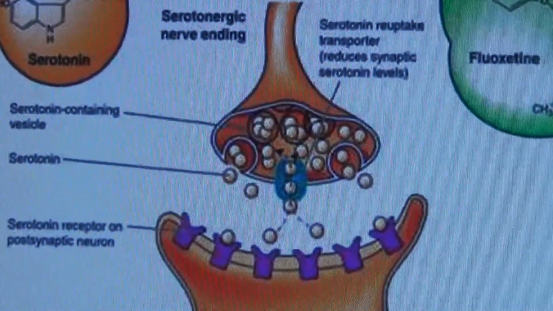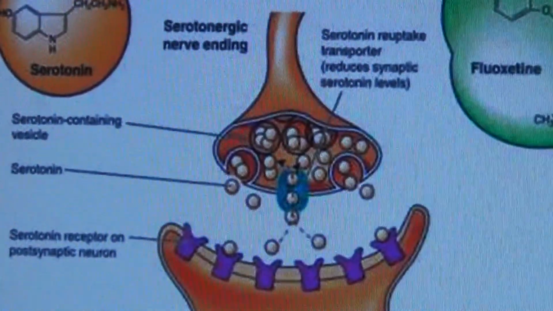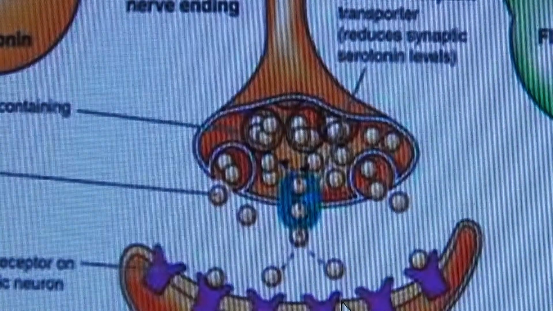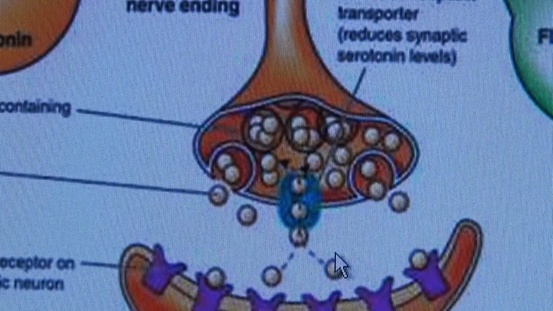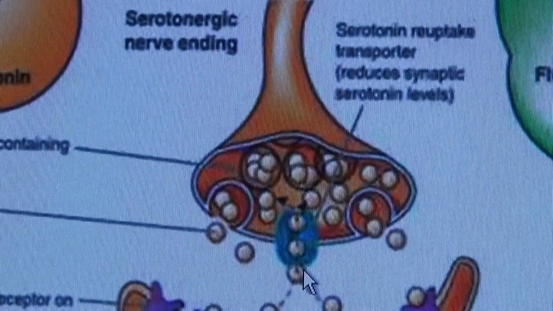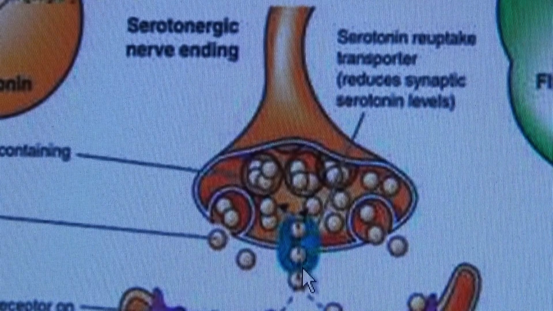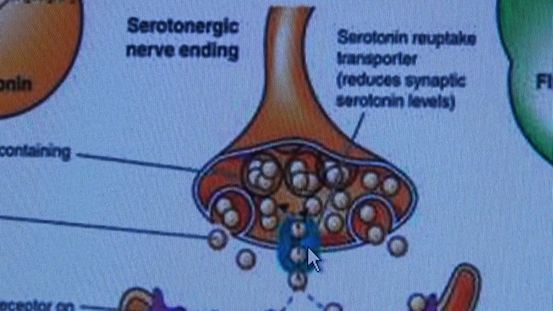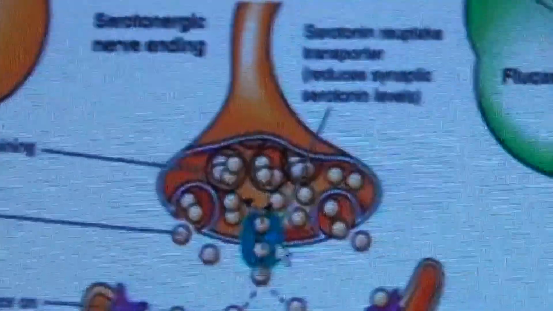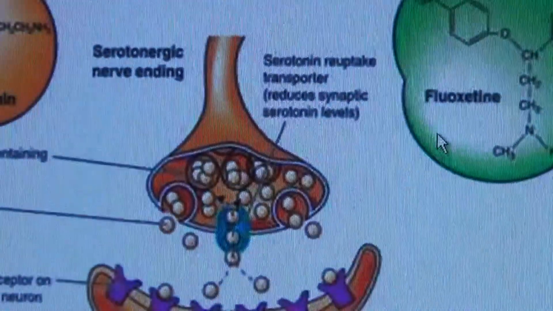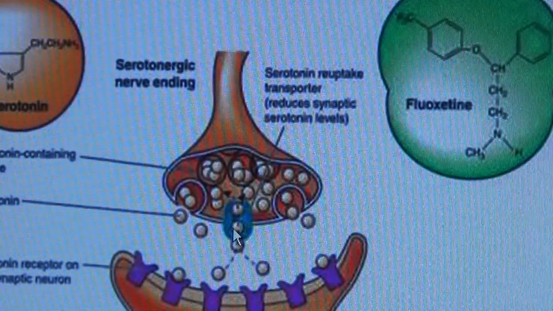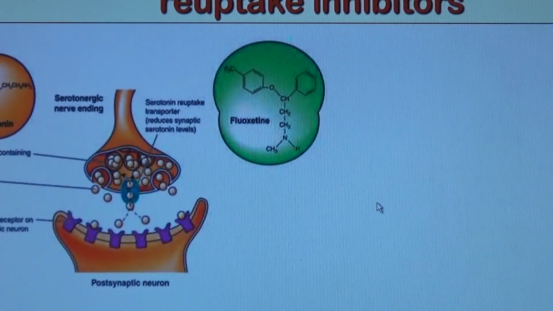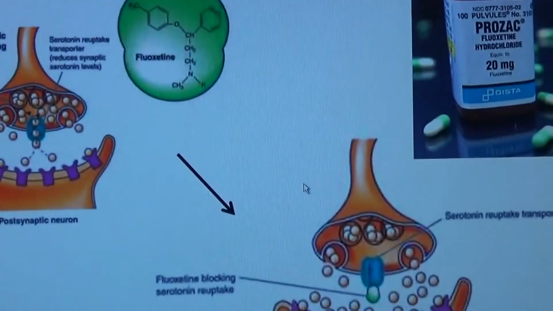Okay, and after serotonin is released and binds to the receptor, the molecules are released and taken up into a transport protein, which recycles them. That is called reuptake, serotonin reuptake. The molecule fluoxetine, as an example, will block the reuptake process. So the end result is that after you take a drug like Prozac,